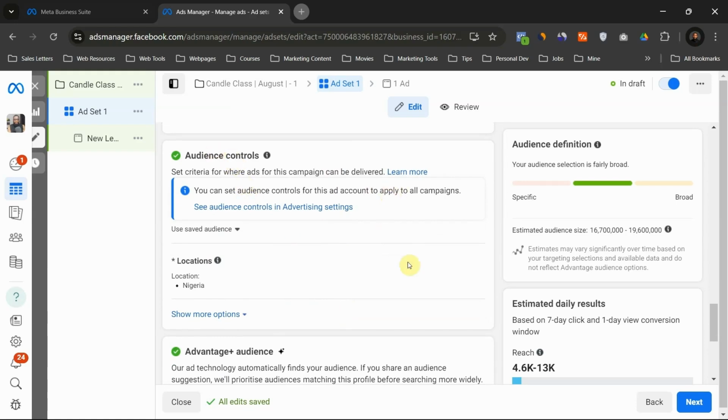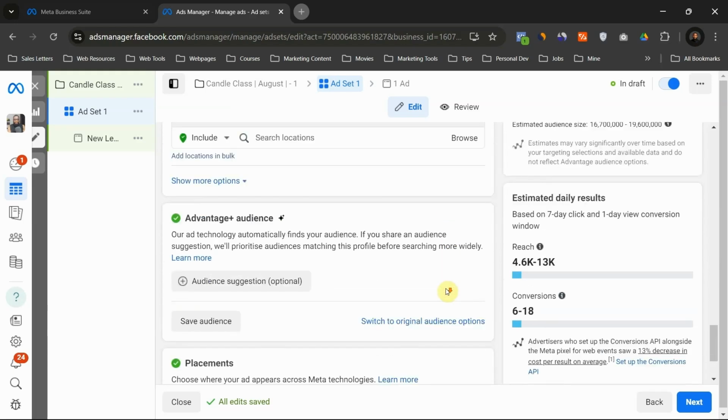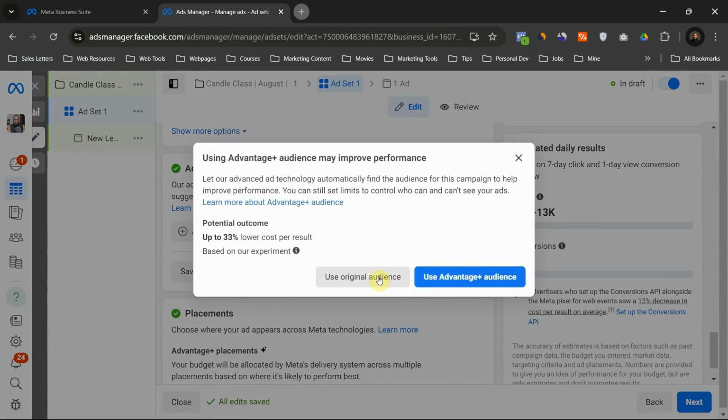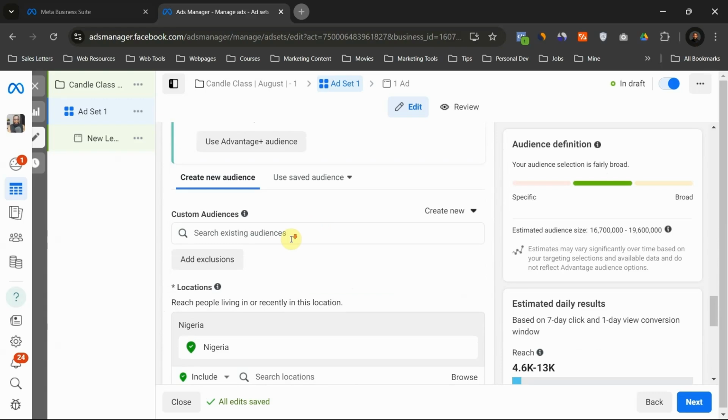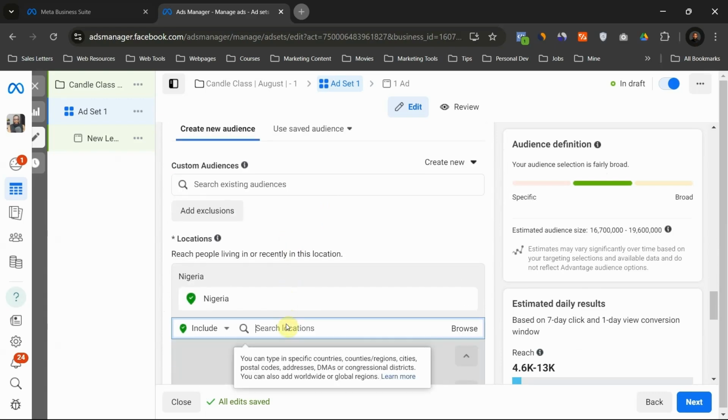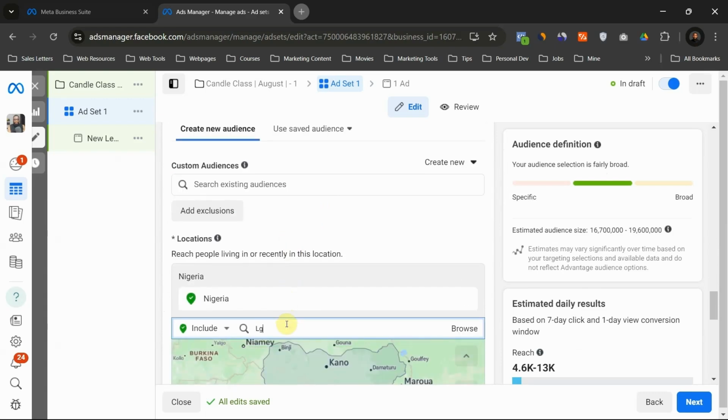Audience control. Just come here, click on edit. Switch to original audience. Scroll down. Location. You can use Lagos.